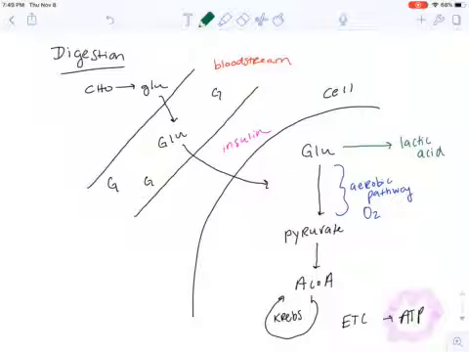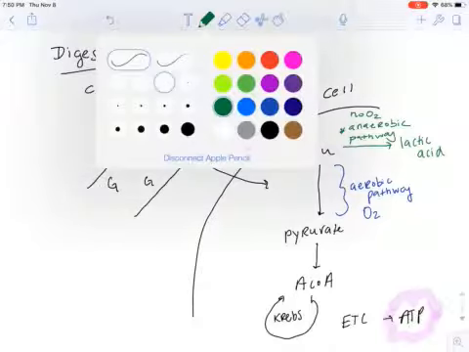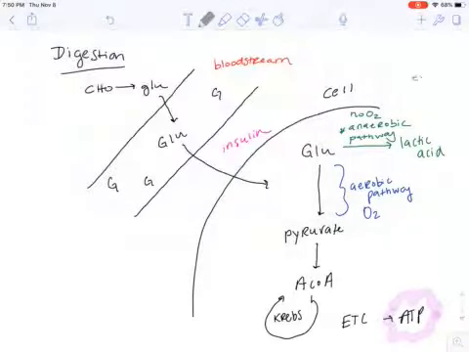And lactic acid is produced from anaerobic pathways. So this means without oxygen. So no oxygen present. An example here is going to be things like exercise, when you're working really, really hard,